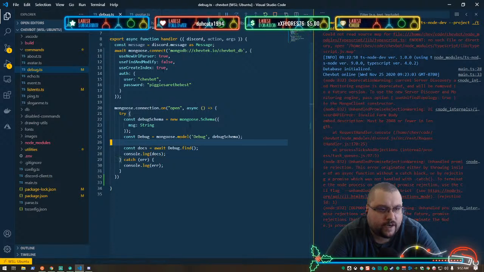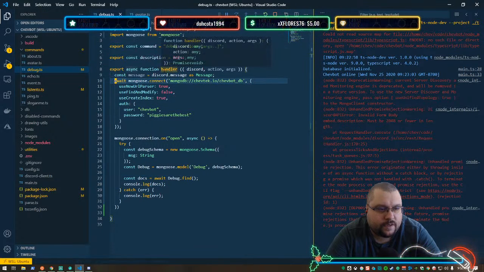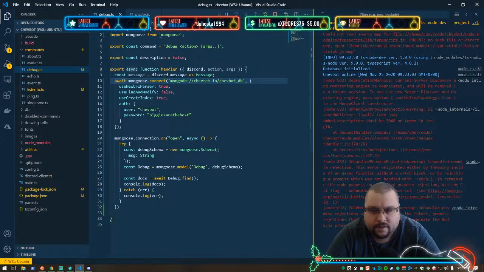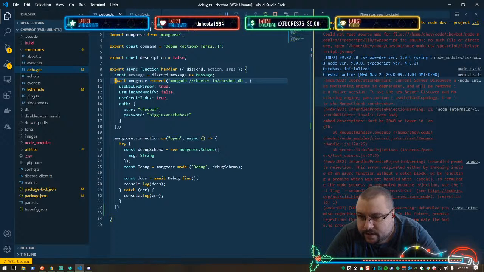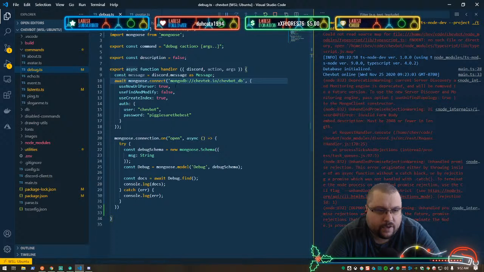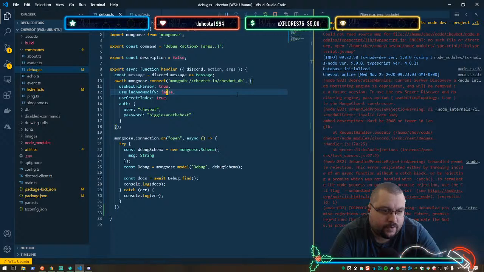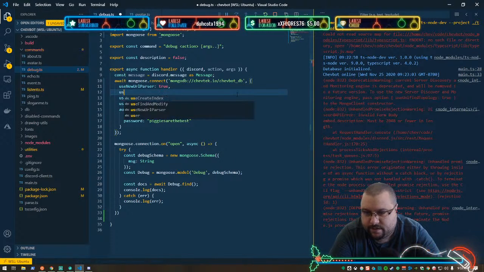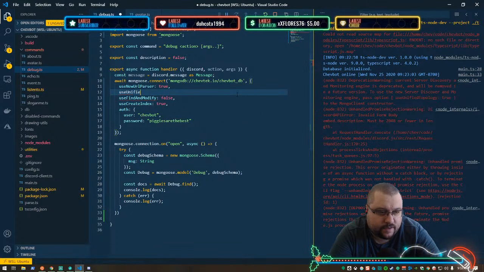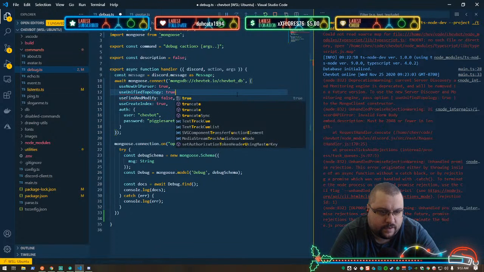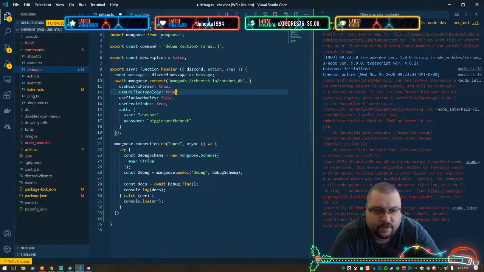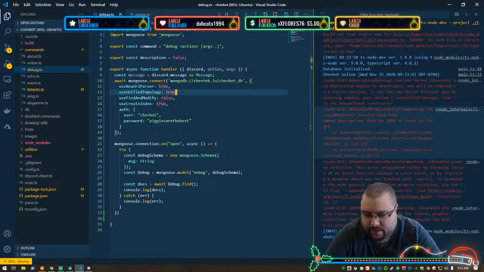We wrapped a try catch. Is it this somehow? Use unified topology. The current server discovery and monitoring engine is deprecated and will be removed in a future version. Okay, so we want that useUnifiedTopology, I guess. I don't think that was the actual error that crashed anything, but